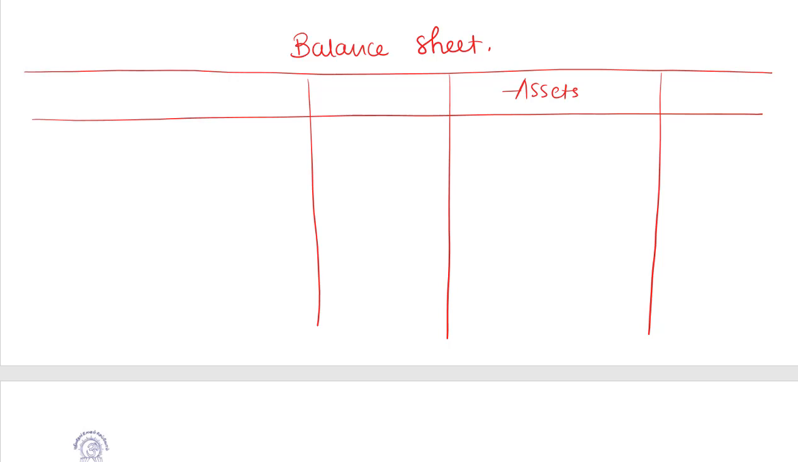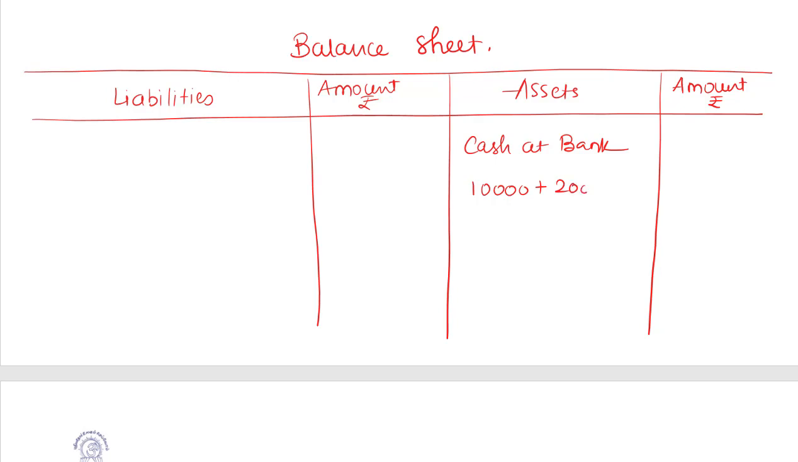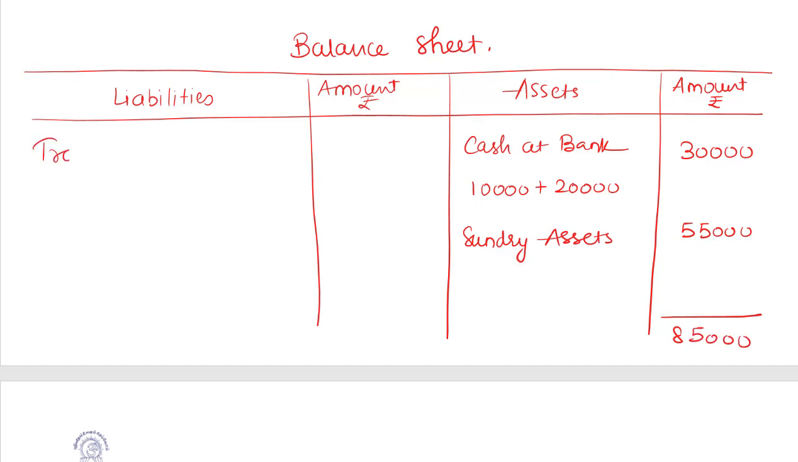Assets amount, liabilities amount. Cash at bank: 10,000 was there earlier, 20,000 is brought in for capital, so total is 30,000. Sundry assets 55,000, total is 85,000. On the liability side,